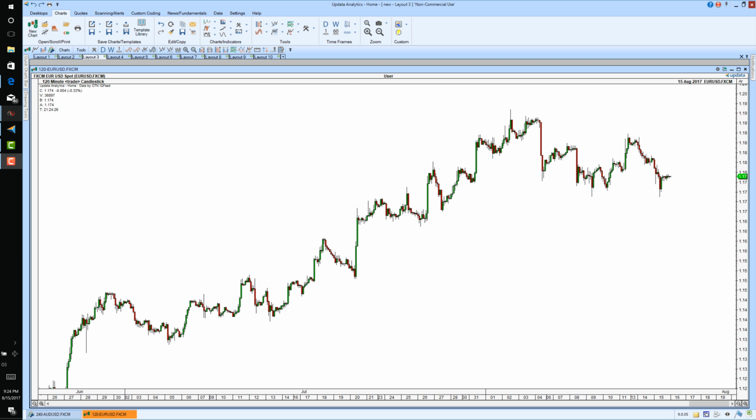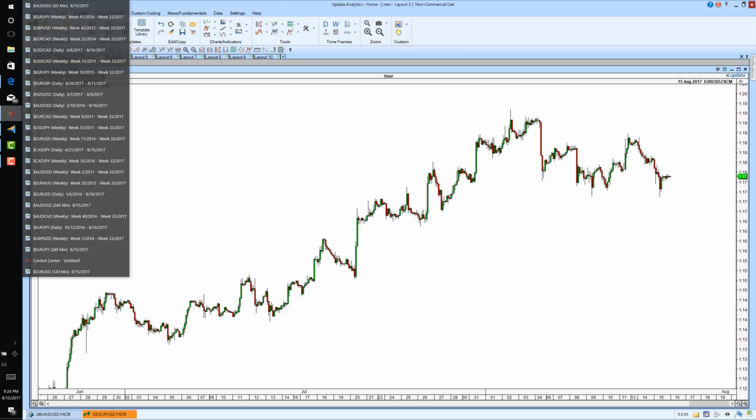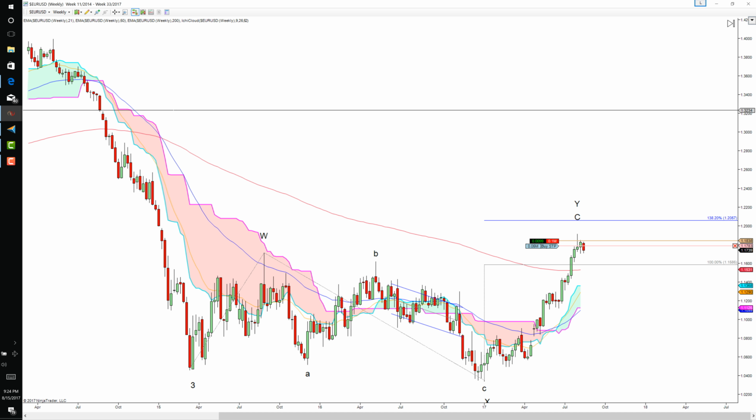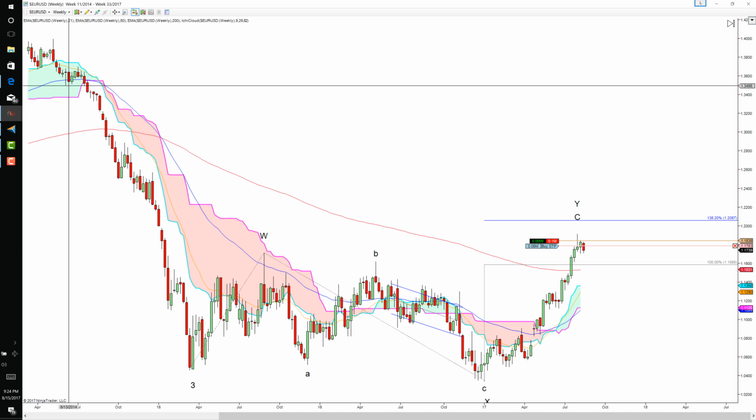So I'm going to start off with the weekly. I'm going to start off on a larger time frame on the Euro dollar first, and then I'll just make my way down to about a 120-minute chart. So let me find the weekly just to give an update on where we are and what's most likely to happen. Basically over the course of the past couple of years, the dollar has been very